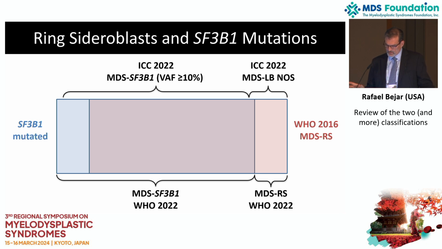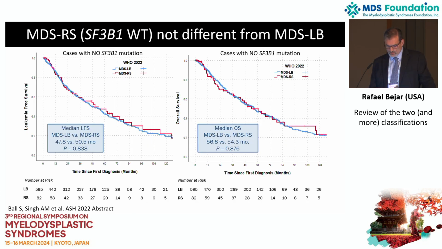But those individuals that have ring sideroblasts and no SF3B1 mutation are in this new, I would say, subset MDS-RS group that's quite heterogeneous. So the value of this may be questionable. So the question is, how do these individuals do compared to maybe patients who are in that same low blast category who don't have ring sideroblasts? And there is some difference of opinion in different studies, but largely the survival is very similar. So whether having an MDS-RS subcategory is useful from a prognostic standpoint is less clear.